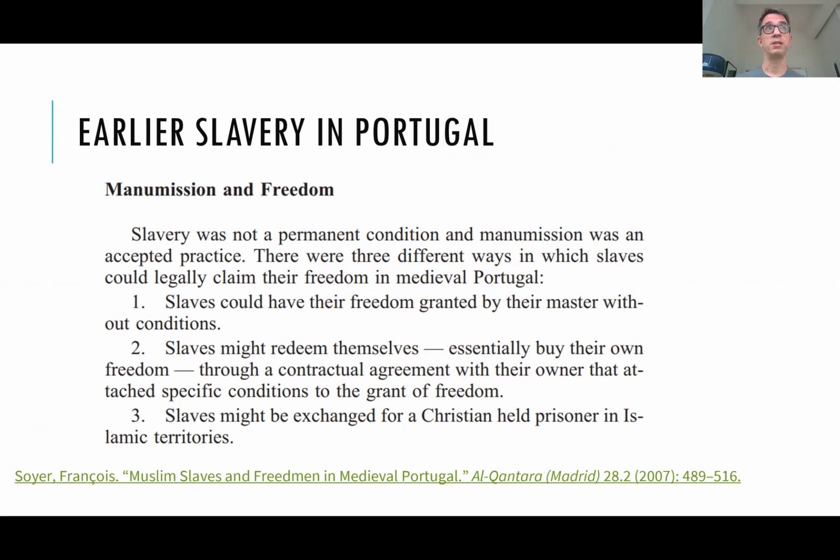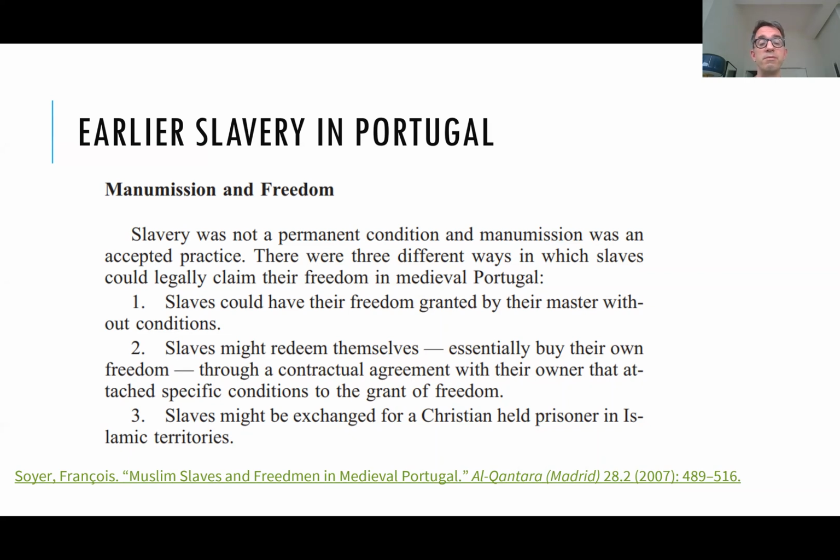So the story that Gomes Azurara tells is about the arrival of enslaved Africans. This is itself not a huge break with Portuguese practices because there is slavery already in Portugal at this time, but it's a little different from what slavery would become in the ensuing centuries, especially in the enslavement of Africans in the Americas. So at the time in Portugal, slavery is, as I read here in an article by Francois